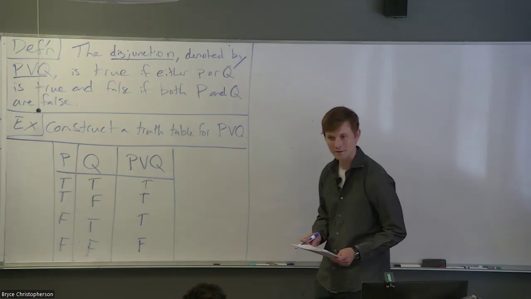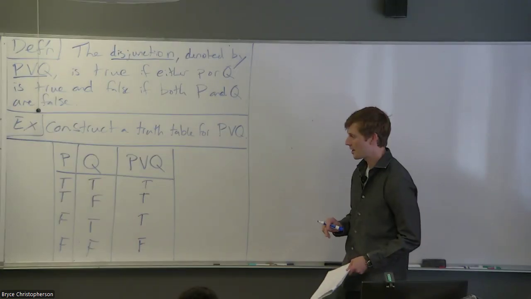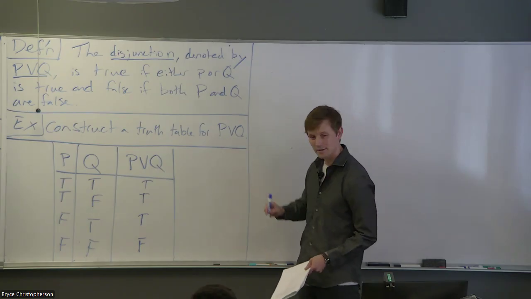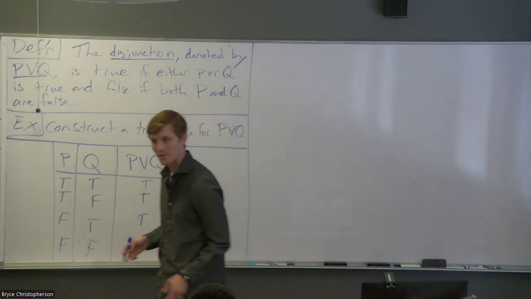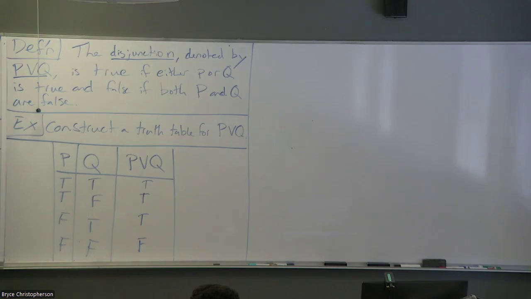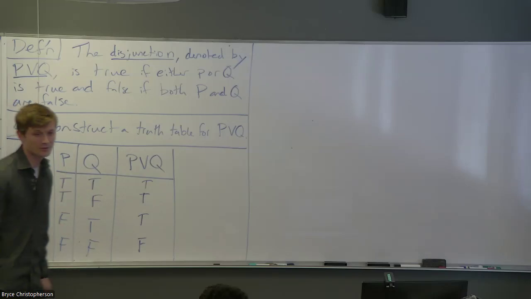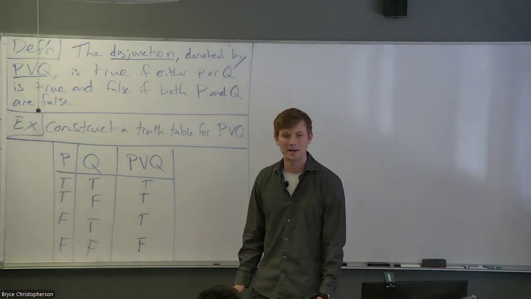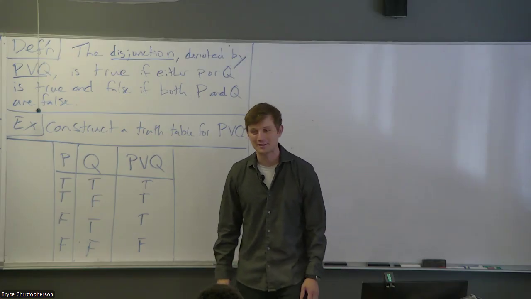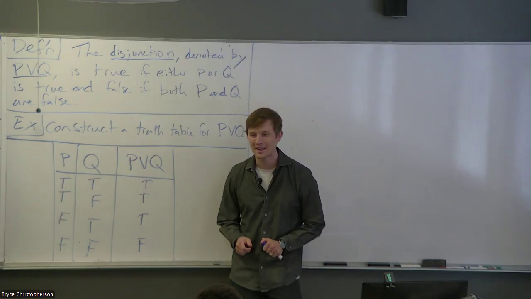All right, one quick question. If you look at these truth tables, notice we've got two different variables, two propositions, P and Q. If we're making our truth table, how many rows do we need? Yeah, there's four. So if you have n propositions, you would need 2 to the n rows, all possible combinations of n trues and falses. You can see really quickly that if you're dealing with a lot of propositions, truth tables will swell to an unmanageably large scale that may be best dealt with by a computer. But you can still make them.